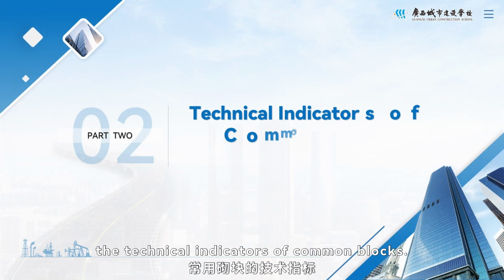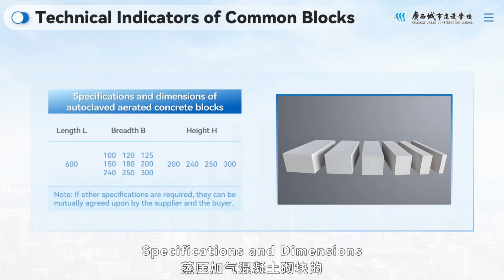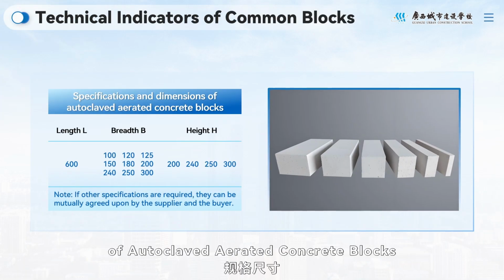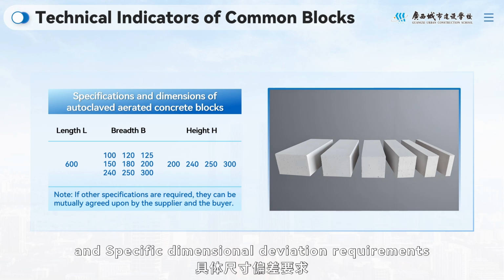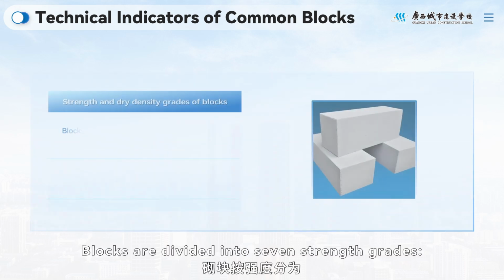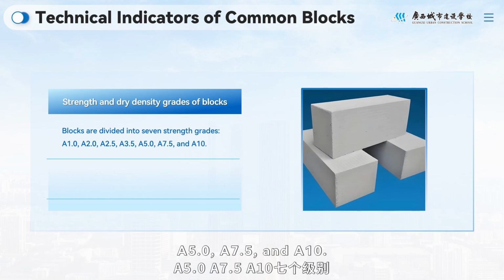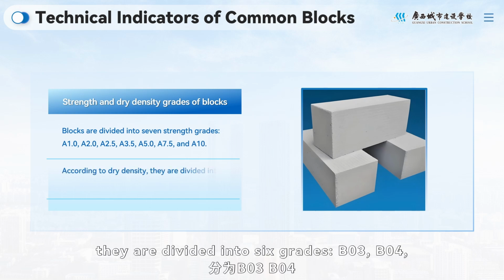Next, let us study the technical indicators of common blocks. Specifications and dimensions of autoclaved aerated concrete blocks and specific dimensional deviation requirements are shown in the table. Blocks are divided into 7 strength grades: A1.0, A2.0, A2.5, A3.5, A5.0, A7.5, and A10. According to dry density, they are divided into 6 grades: B03,